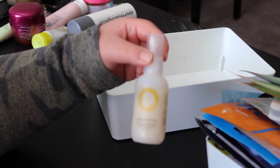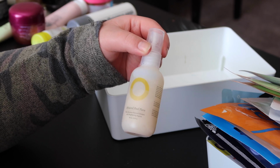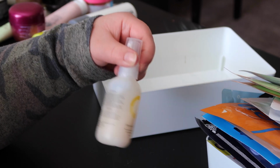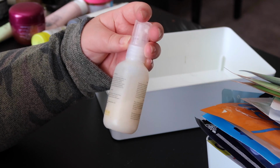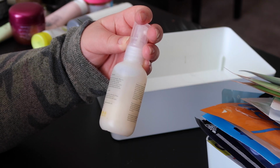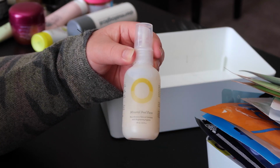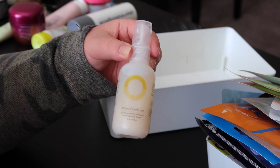This product is so random. I got this in a FabFitFun box forever ago, and it's called the Mineral Peel Face. So this is meant to be, I think it's like one of those peeling products that actually like ball up your skin, like your dad's skin, if I'm not mistaken. I'm trying to read it now. I don't know, I was really intrigued by this when I got it, but I've always been terrified of it